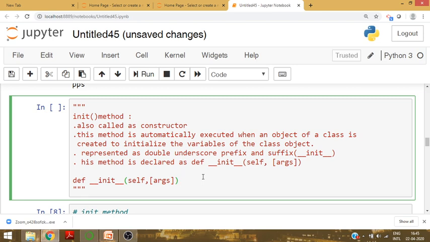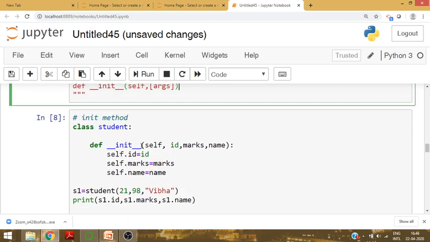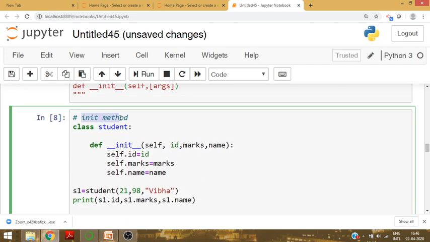We will see one example for the init method. First we will try to understand the given example, then we will write one more example. Example for the init method is, suppose class Student. How to write a class? By using the keyword class, name of the class. In that we have used the init method. How to write a method, how to write a function? By using the def keyword, name of the function.